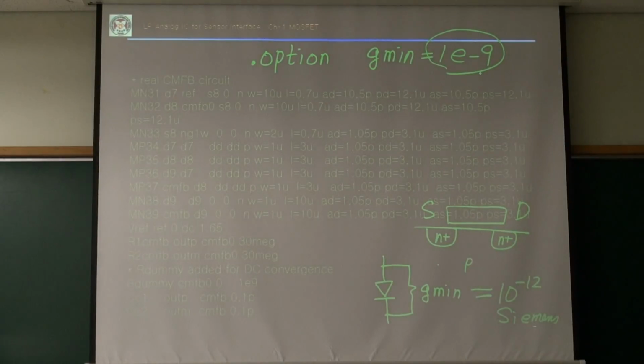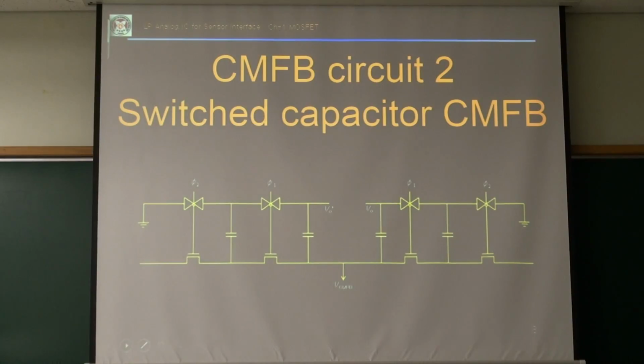If you come across a convergence problem for DC analysis, transient works fine. Sometimes dot OP may not work with a subthreshold current. Okay, let's